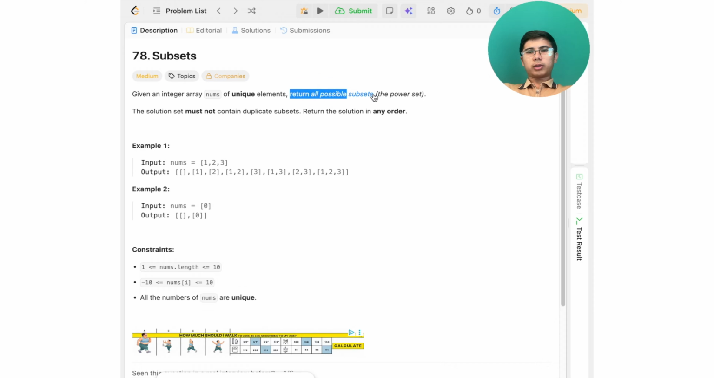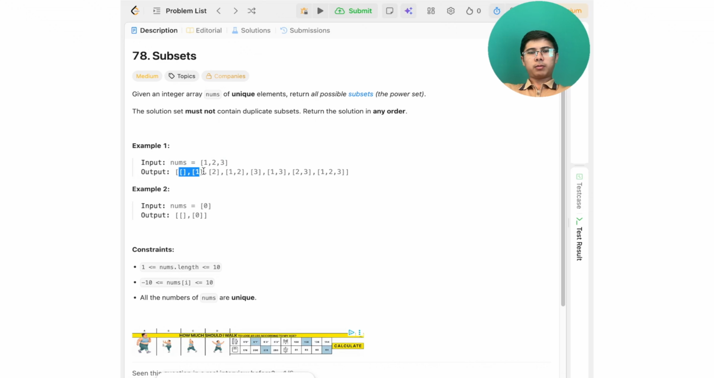Return all possible subsets, that is, the power set. The solution set must not contain duplicate sets. Return the solution in any order. Like if our input is nums equals [1, 2, 3], we need to return firstly the blank combination,